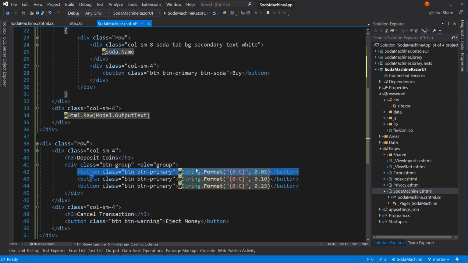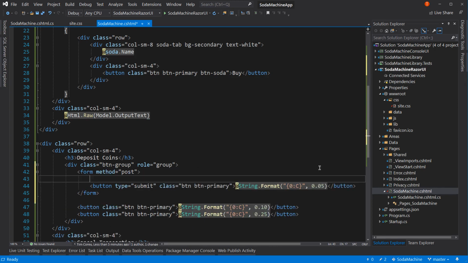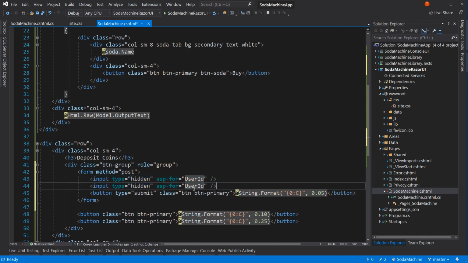Because otherwise you don't know which user to apply this deposit to. So input type equals hidden. We don't want to show it to the user, but we do want to pass it through. And then asp-for equals UserId. And that will pass the user ID back through the post. We also want to pass the deposit, also hidden. We want to give it a value. Value equals